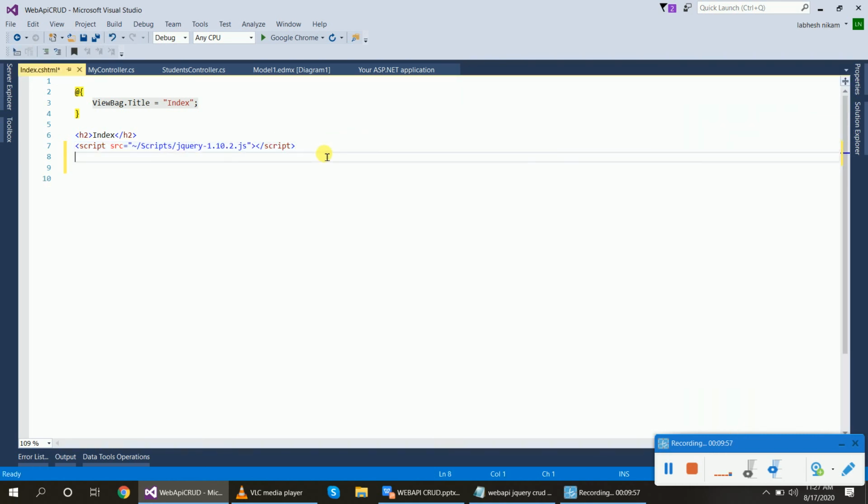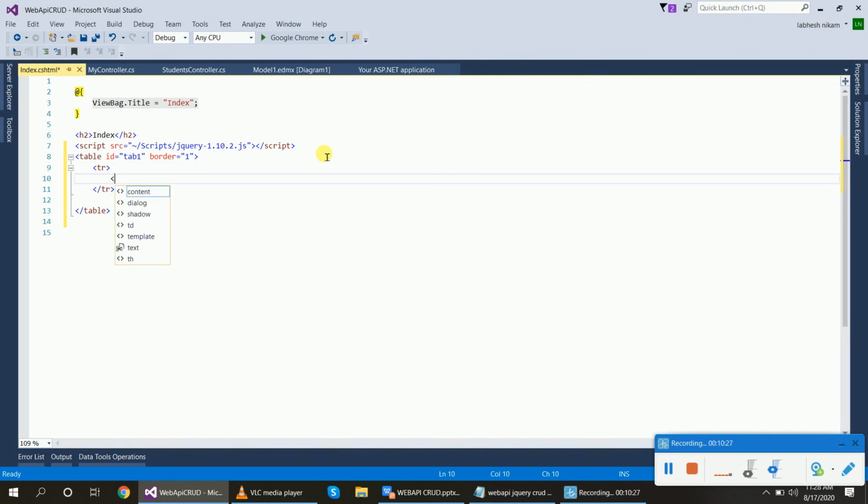Now we will create one table. Suppose table ID equal to tab1, border equal to 1. Inside of it, create a row and create column names.